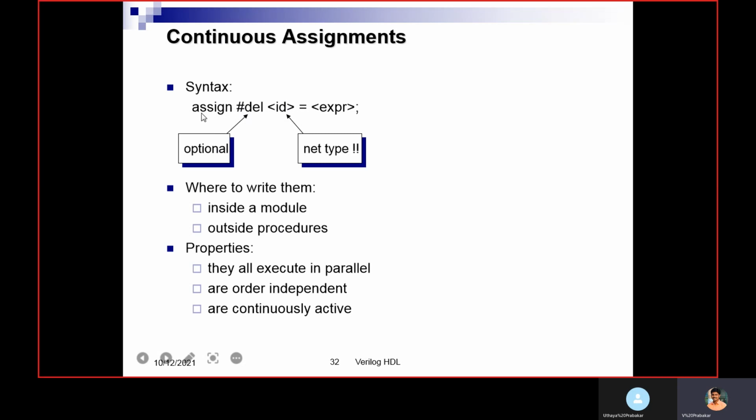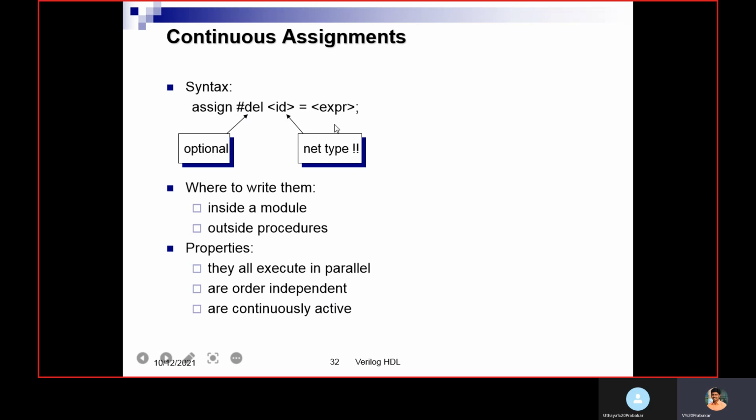If we are mentioning multiple assign statements, one and another statement with the help of the same assign, all are running in parallel and they are order independent. They are continuously active.